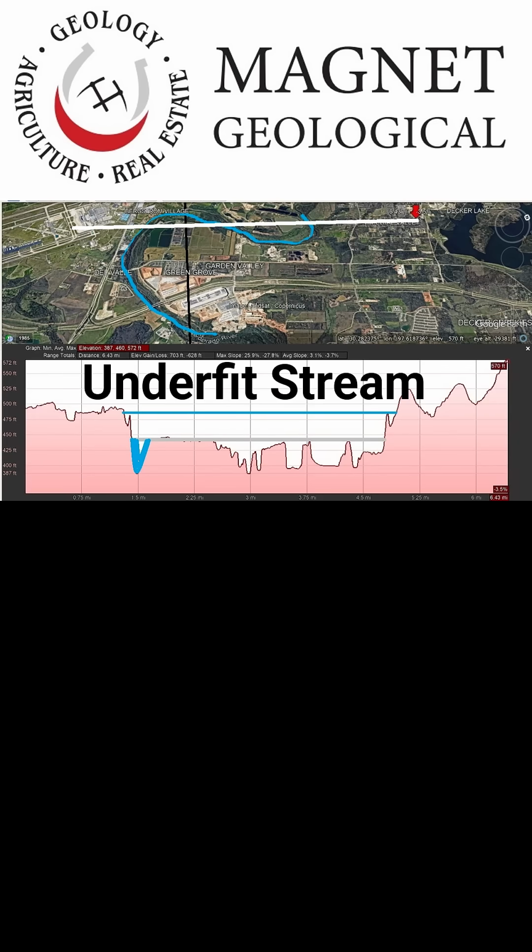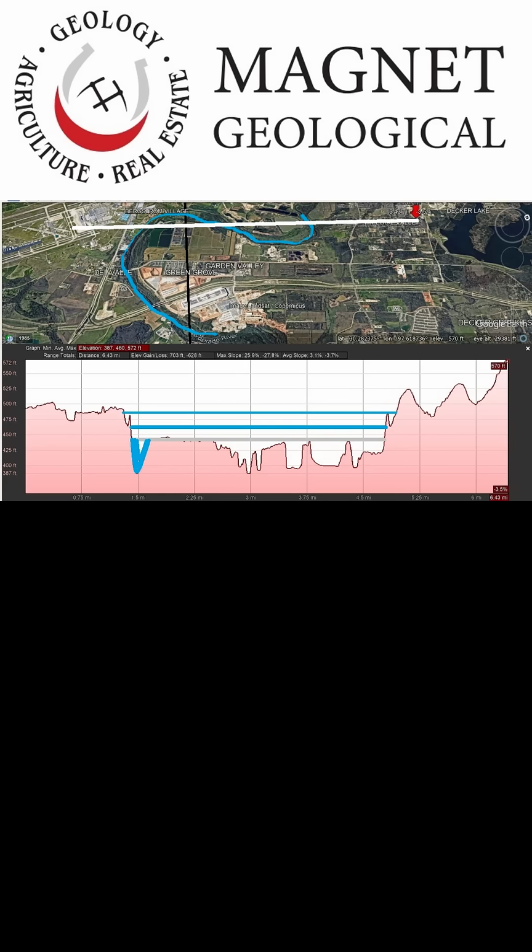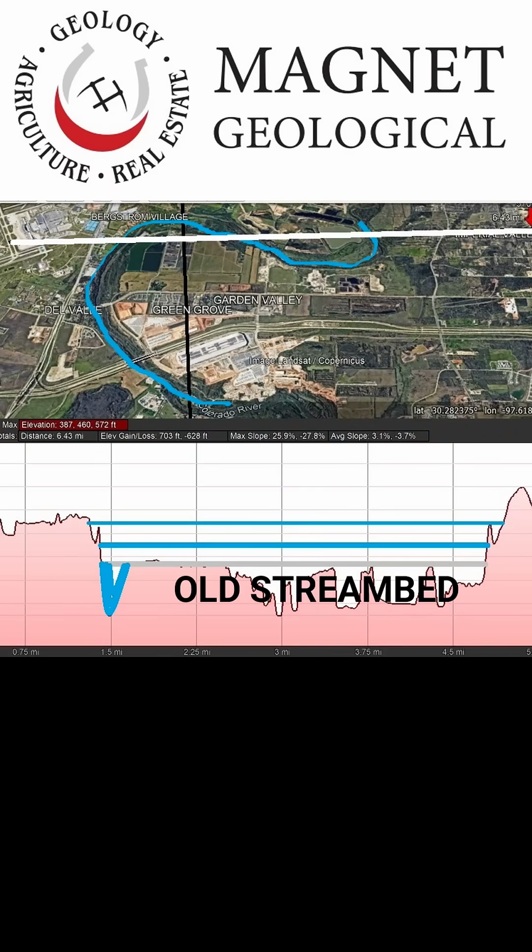Next, the current streams and rivers have incised or cut their way into the older valley floors. These older valley floors are now typically misinterpreted as floodplains. These old stream beds can be consolidated or unconsolidated. The unconsolidated beds are typically younger and more relevant. In this image you can see the old stream bed that is being developed and the incised stream, which is